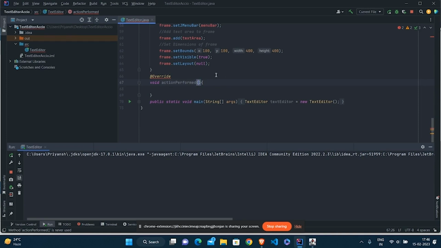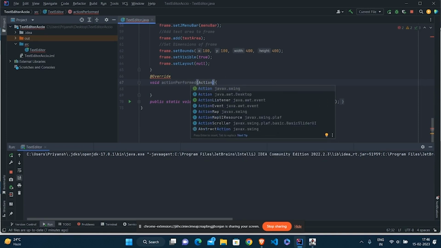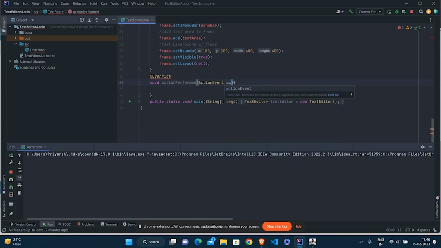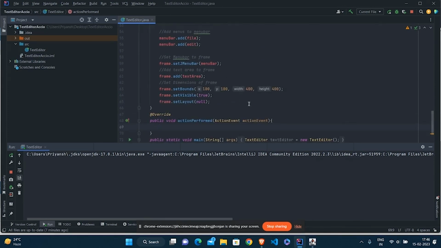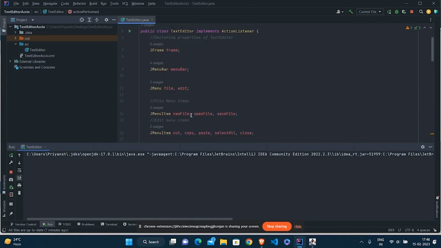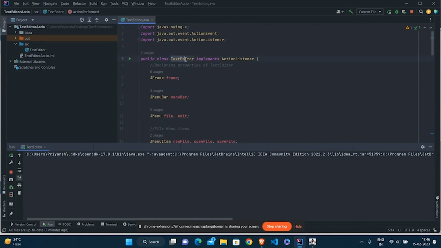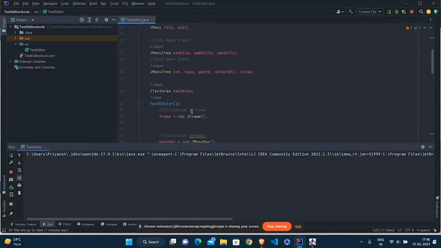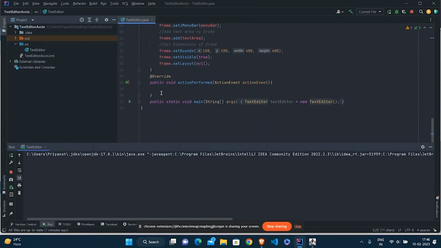We need to pass a parameter called ActionEvent, and this must be a public method. Whatever action happens inside this text editor class, we need to define a particular function for that action inside this method.